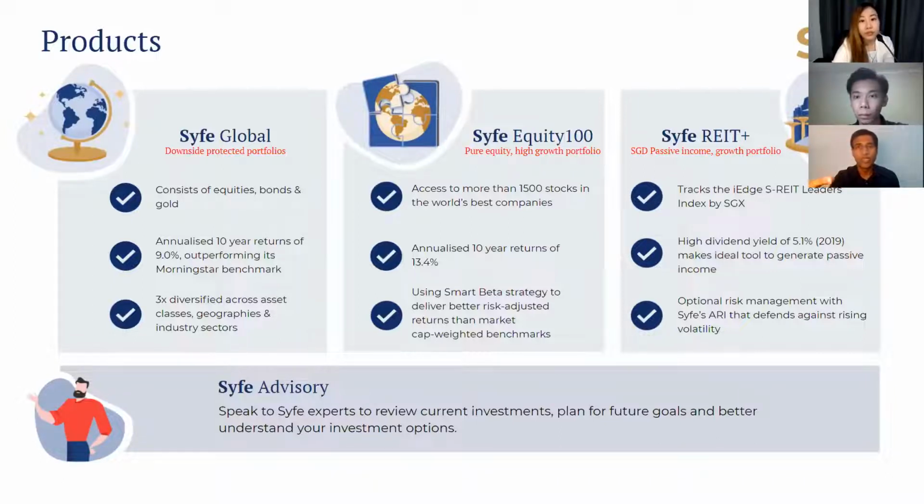But given that a lot of our investors are professionals who have a monthly income and they have monthly savings, there's also a portfolio where a lot of our clients love to do dollar cost averaging, right? So this combination of the global and Equity 100 really helps a lot in terms of designing your overall growth portfolio, where a bulk of your portfolio remains safe and stable, especially if you're looking to deploy lump sum amounts. But at the same time, you can deploy maybe a smaller amount to begin with into an Equity 100, but your monthly contributions can go into this to average out your risk, right? So I think that's where these two portfolios work really well together.